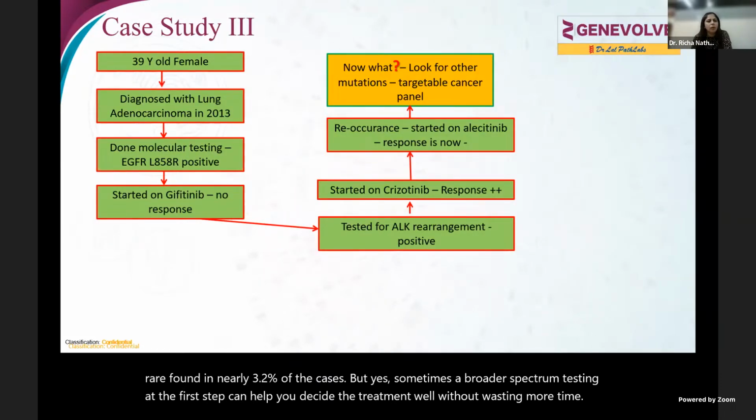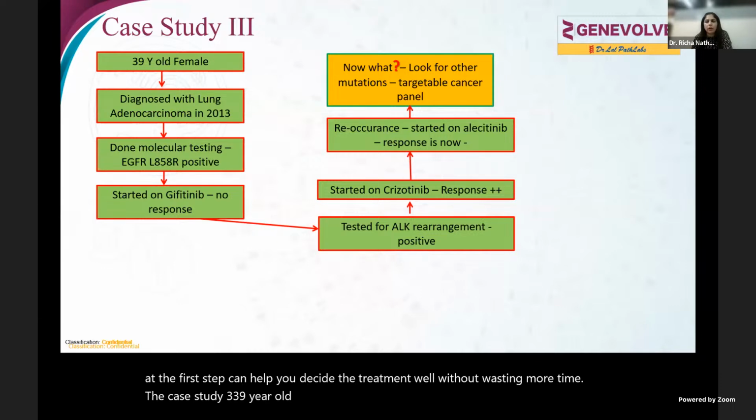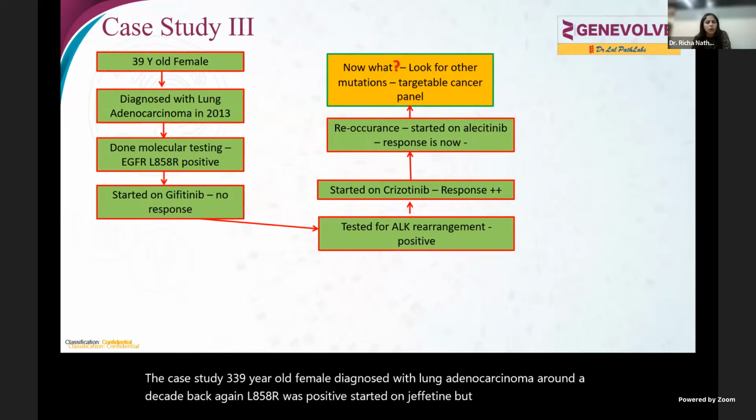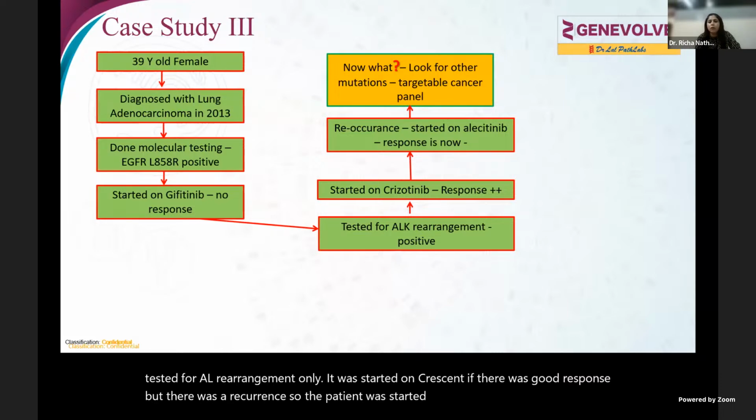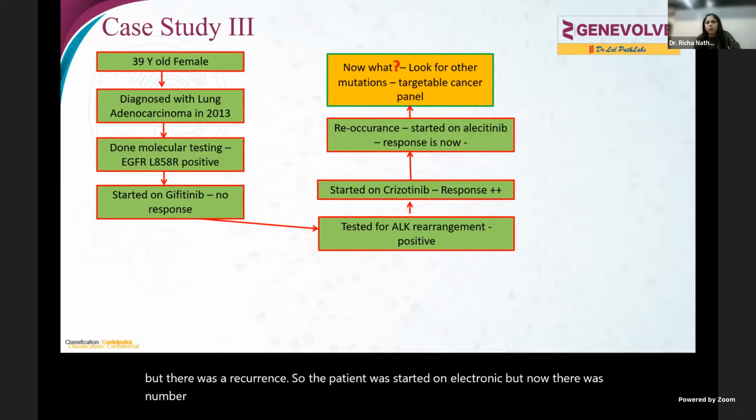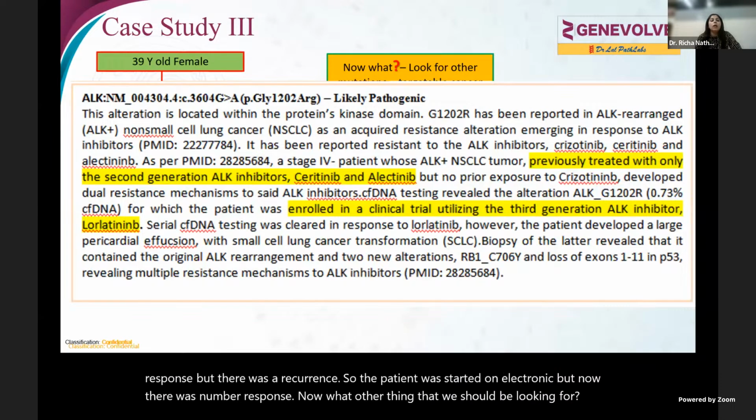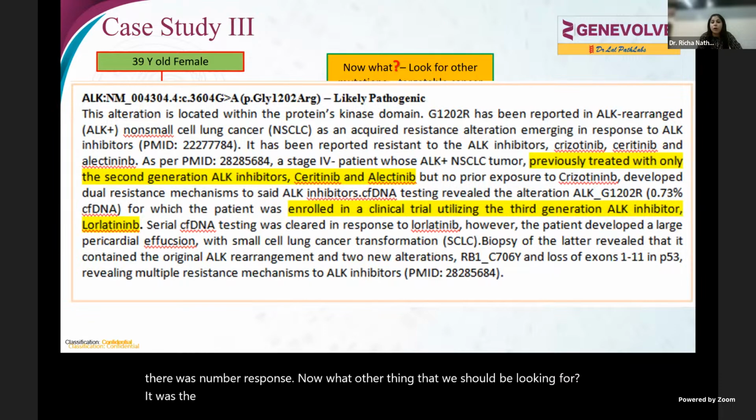Case study 3, a 39-year-old female diagnosed with lung adenocarcinoma around a decade back. Again, L858R was positive. Started on gefitinib, but no response. Then again tested for ALK rearrangement only. It was started on crizotinib. There was a good response, but then there was a recurrence. So the patient was started on alectinib, but now there was no response. Now, what other thing should we be looking for? It was the ALK resistance mutation G1202R, which was reported, and that was